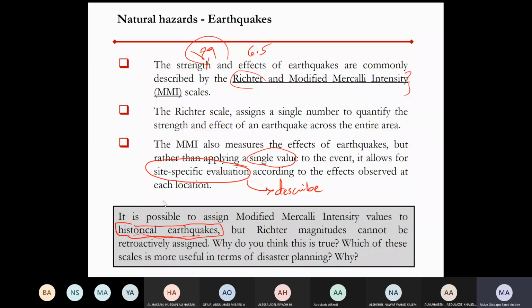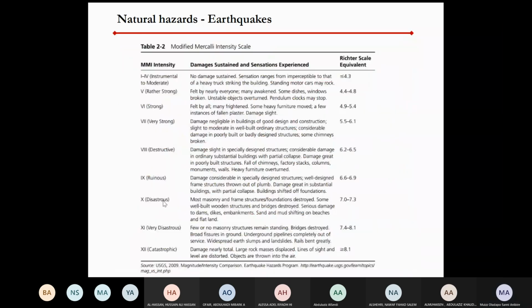You know the magnitude of the earthquake in terms of the Richter scale, but we also need to know the effect of the earthquake on the surrounding environment, people and buildings. What are the real observable, perceivable effects? So in this case, the MMI scale might be more useful in terms of disaster planning. Like I said, in this table, you can see the MMI intensity scale is on this column,